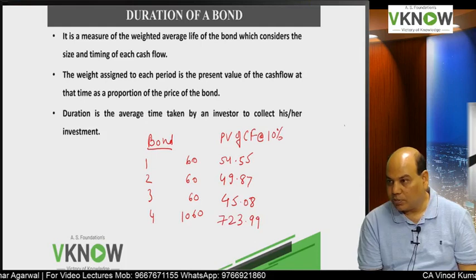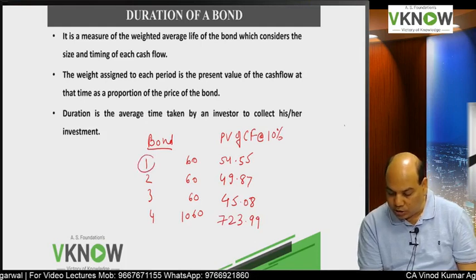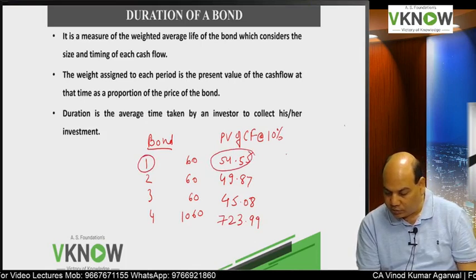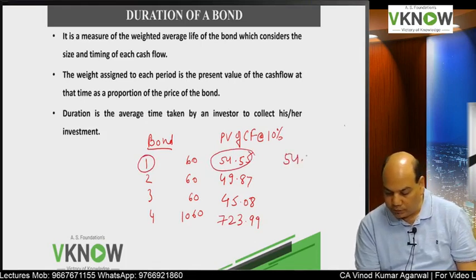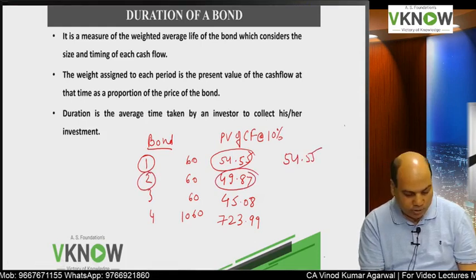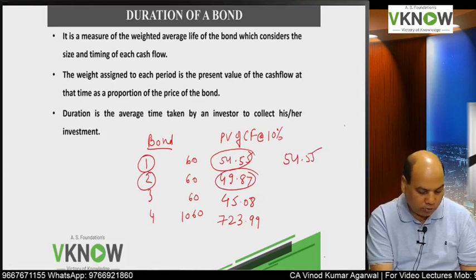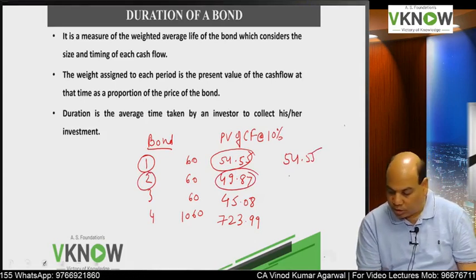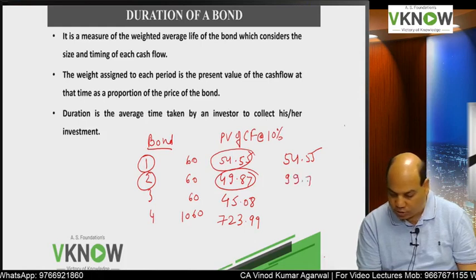So this is called present value, and now you multiply year into present value. Multiply year into present value. 54.55, 2 into this number. We will solve a question after this, don't worry, but I am just telling you how to calculate duration, and